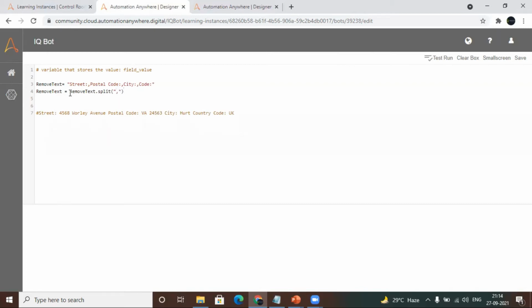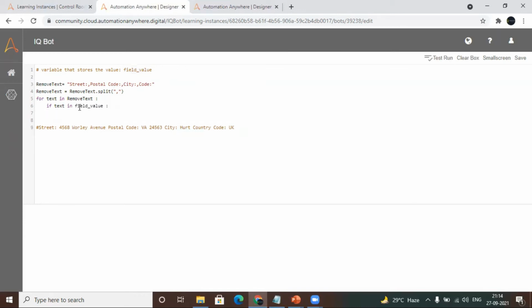As we have multiple texts which we want to remove from the output, we will use a loop. We'll go with for, and I'm putting a variable and remove text. As the value is stored in this field value variable, we'll keep that.